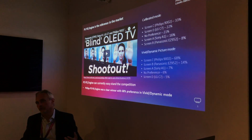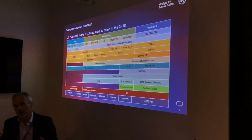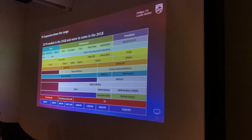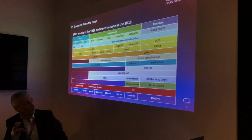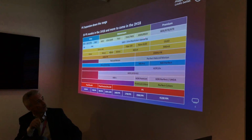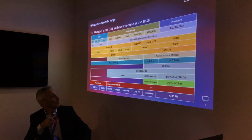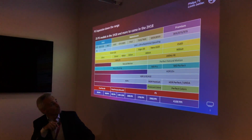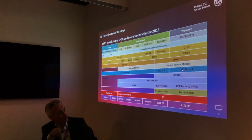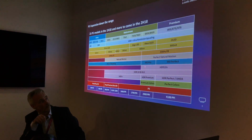But yeah, because P5 is so good at this moment, we actually decided to bring it down into the range. And it means now we're expanding to 23 models P5. So you see that everything from 7,000 and up is actually P5 now. Besides that, something to highlight maybe also here, and it's introducing the next topic, the new innovation